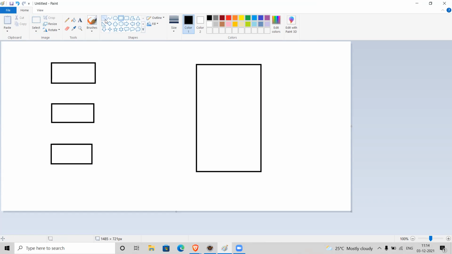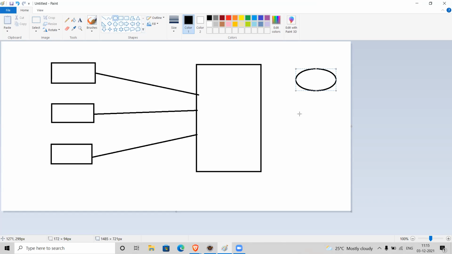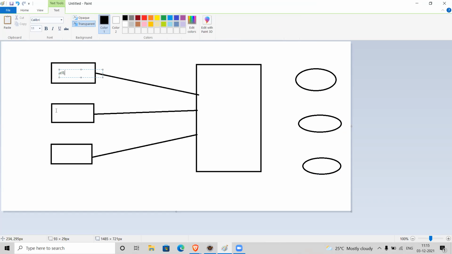For example, if we have three clients trying to access the same web application, and we use sessions in our application, then for every browser, for every client, this application server or web server will create one session that is specific to a particular client. For example, this is client 1, this one is client 2, and this is client 3.